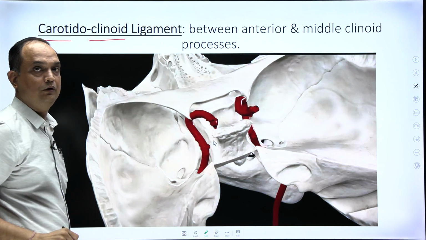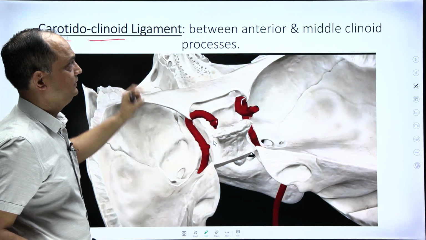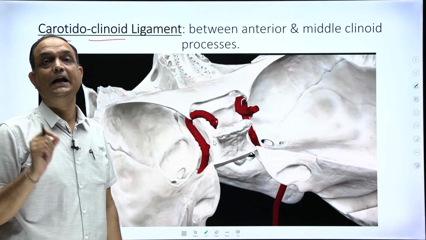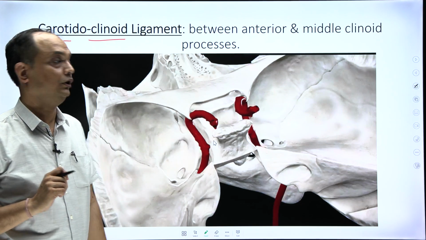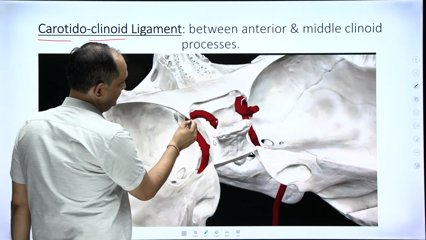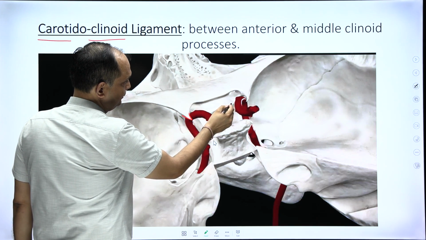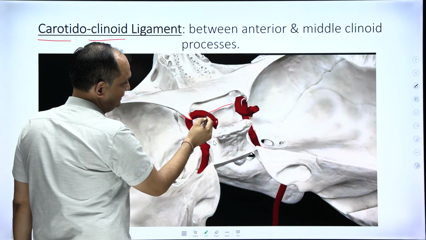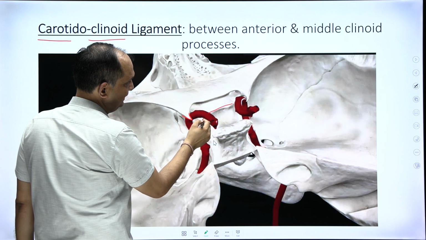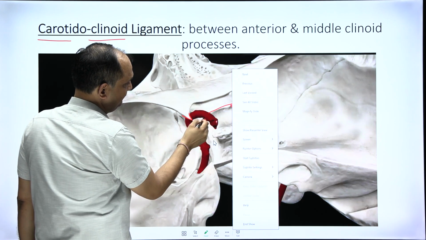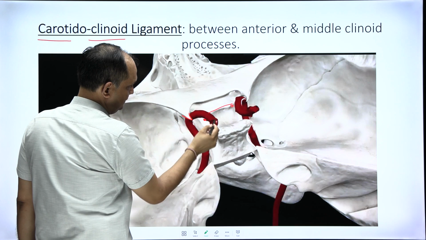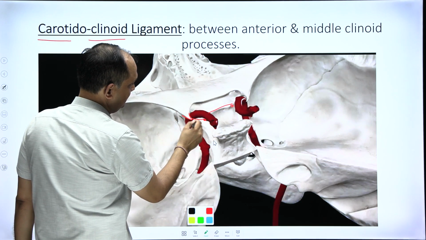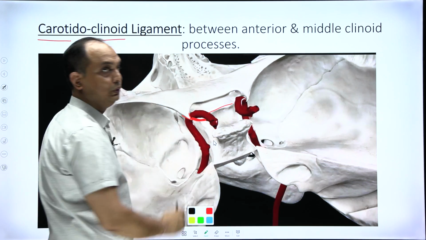Carotidoclinoid ligament. Now what is this? It is a connection between the anterior and middle clinoid process. So this is your anterior clinoid process. This is your tuberculum sellae, and here will come its middle clinoid process. So between them you will have a connection, and this connection is known as